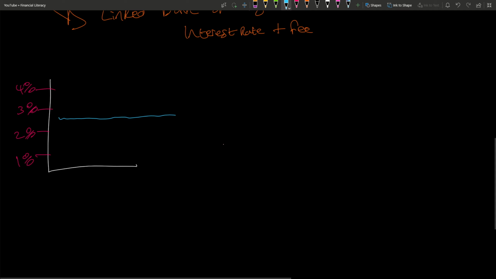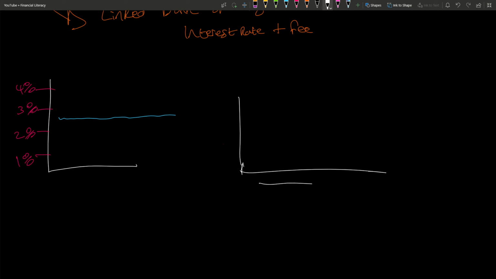It's pretty stable. You would have time along here, and you can look online for historical time frames. But imagine if it were like this instead: it started at 1%, then went to 3,